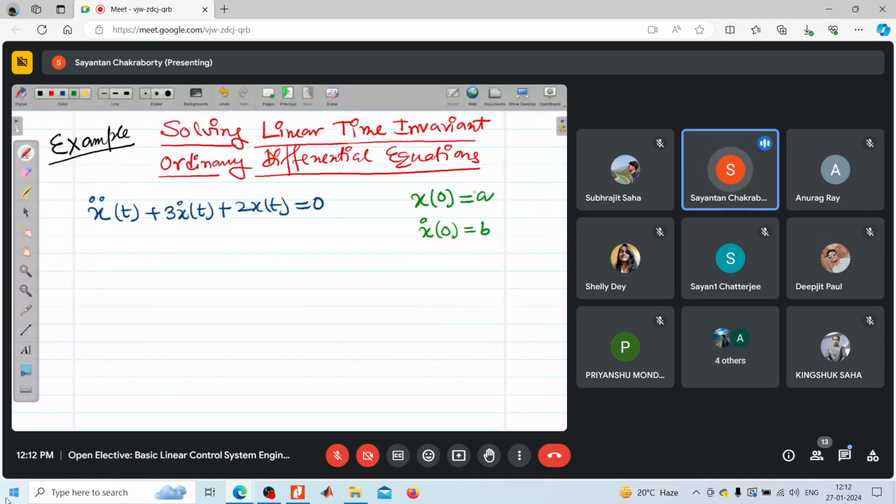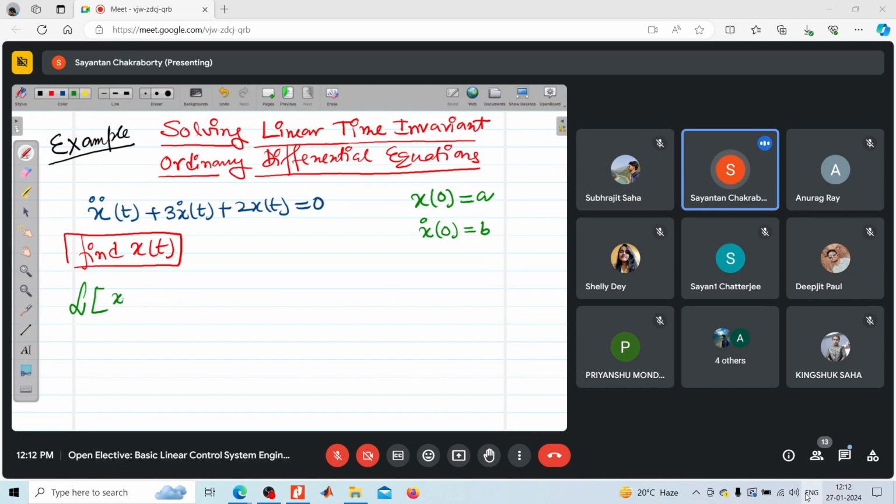Now you have to solve this differential equation for these initial conditions, because we need the initial conditions, and obtain the corresponding expression for x(t). So what will we do? We will take the Laplace transform of both sides of the equation. So we'll have